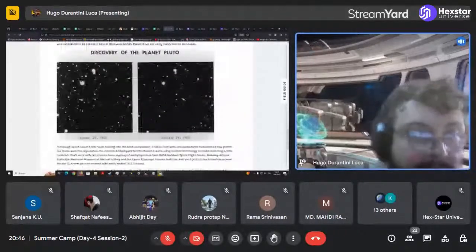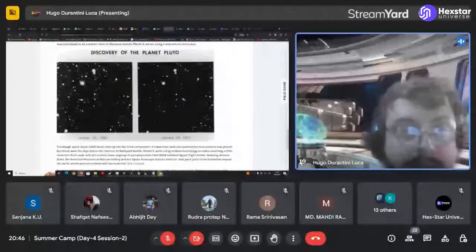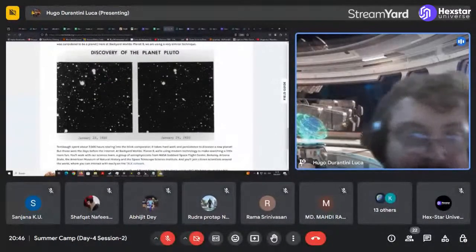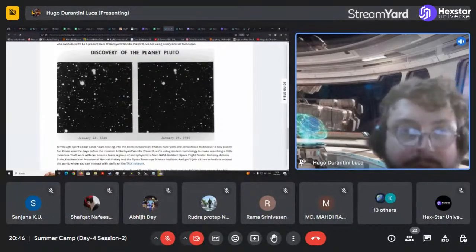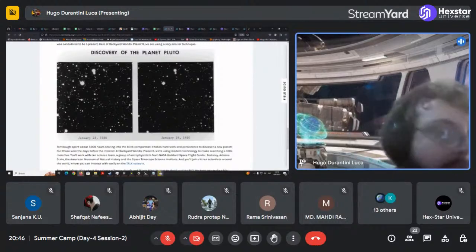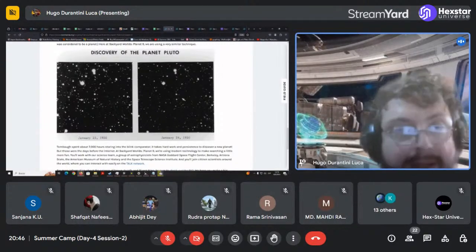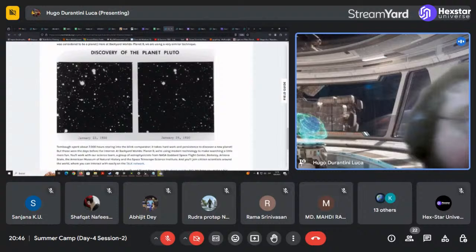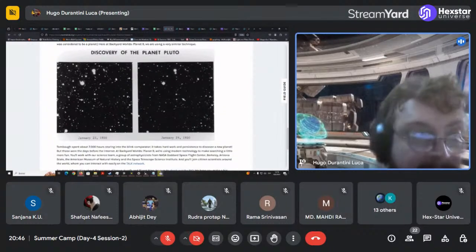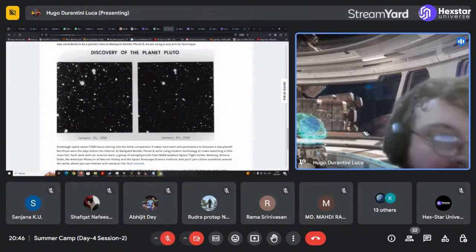That is how the planet Pluto was originally discovered. I know there is still a discussion going on about whether Pluto was a planet or not. Well, currently it's not. It's a dwarf planet. There are people still cranky about it, but it is what it is.